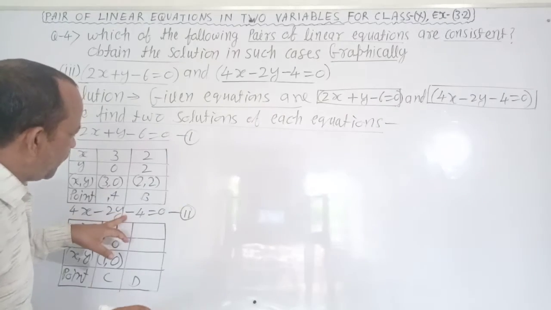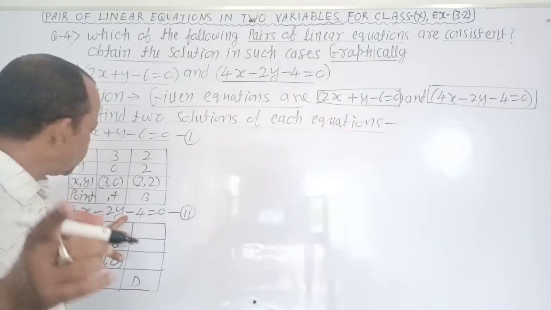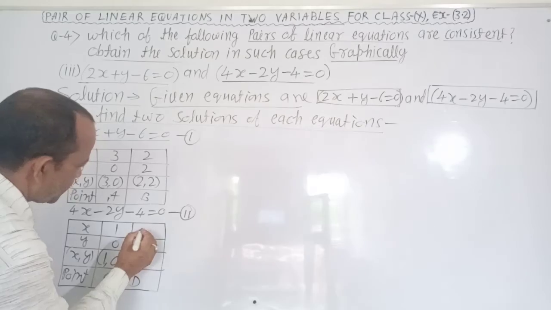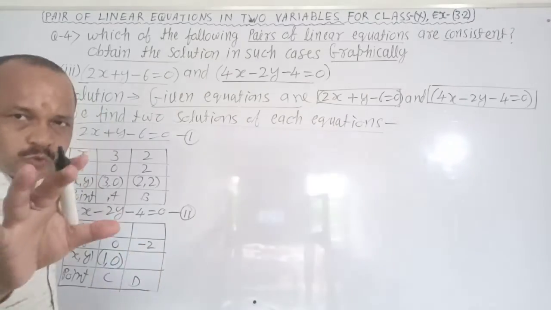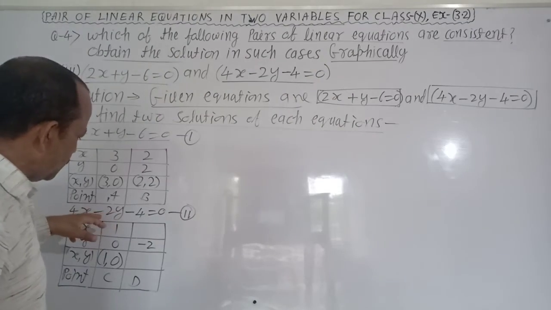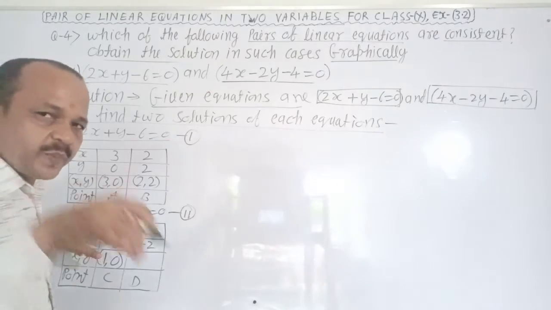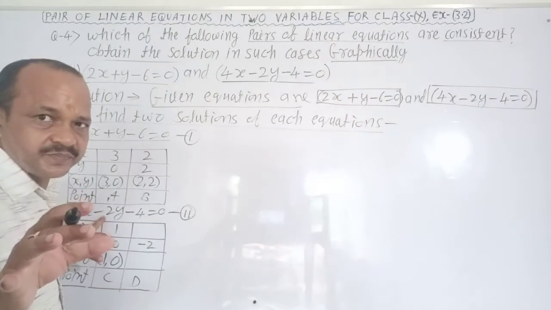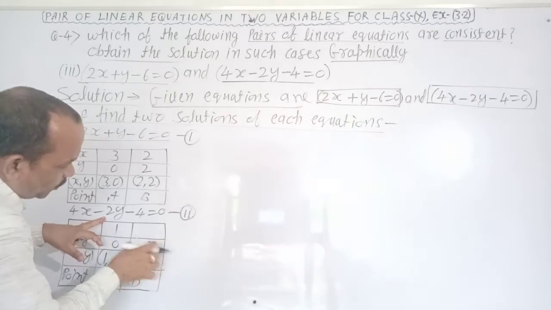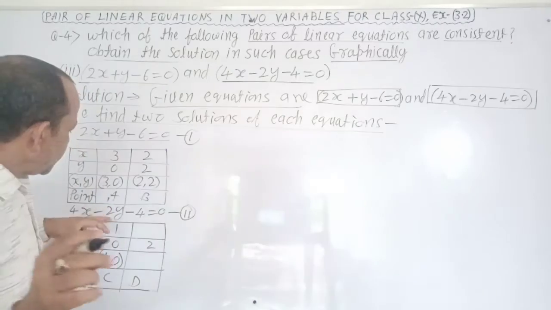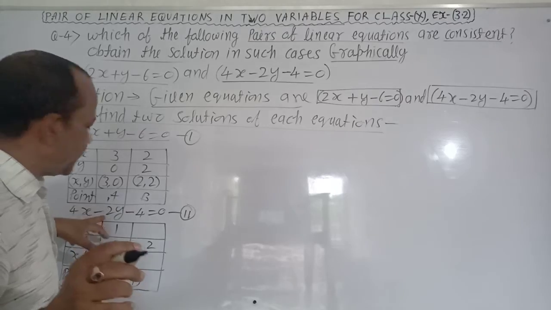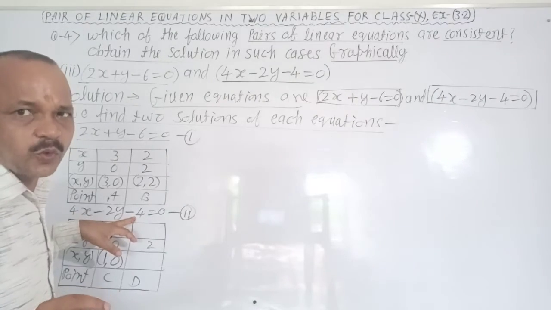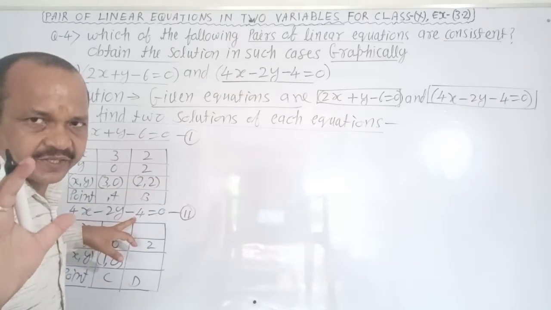You put the value of y minus 2. Here minus 2 multiplied by minus 2 becomes plus 4. Is it clear? Here you put plus 2. It becomes 2 times 4 minus 4, minus 4 and 4 minus 4. It becomes minus 8. Clear?